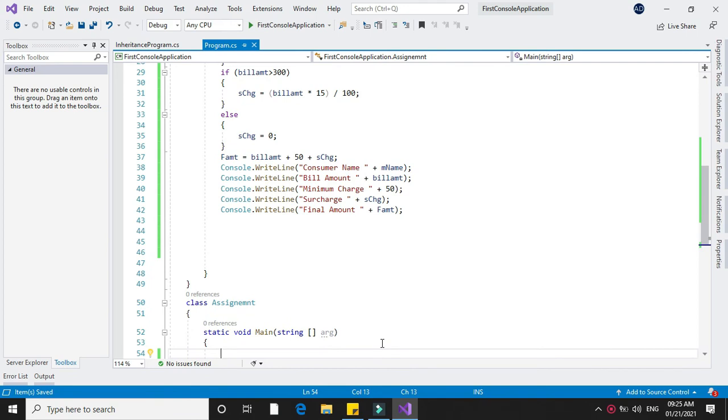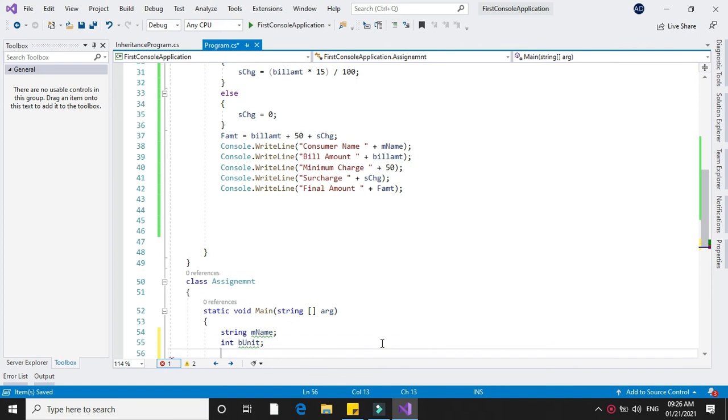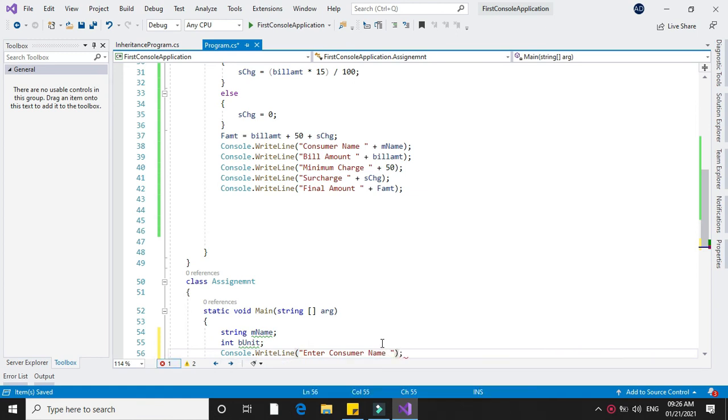Now we are going to accept the name and bill unit. So we will declare variables string for accepting the name and integer for accepting the bill unit. Now we will accept this from user. So in Console.WriteLine we will write it, and in name we will accept it.